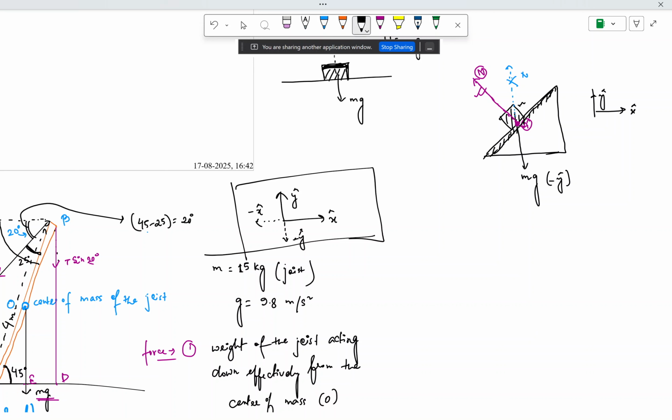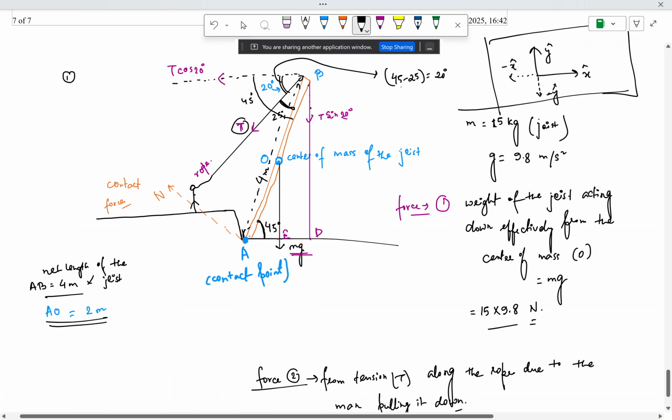So this is your contact force in this case. Taking the idea from there, you know that if this is your mass object, this orange black dashed rod here, its contact to the ground is solely through this point A. So the perpendicular direction to this, in this case your object is like this, and your ground or base plane is like this.